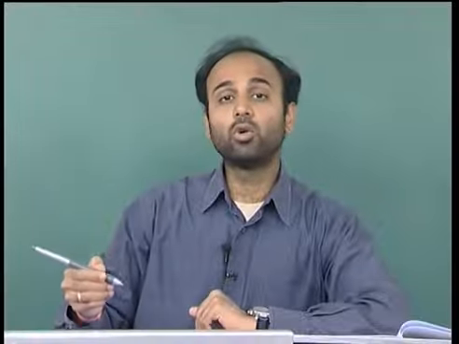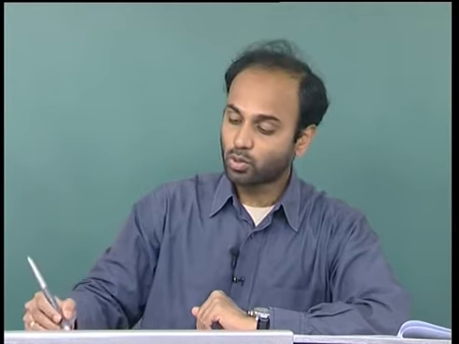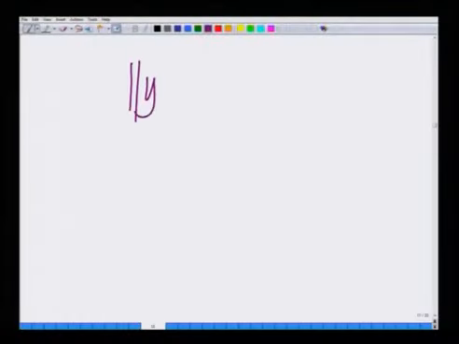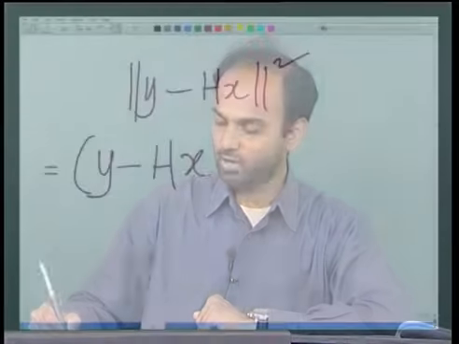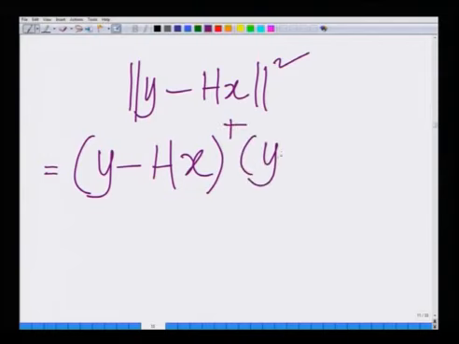Now, let us go back to our original problem of computing the least squares solution. Now, I want to minimize the norm square of y minus h x. This is nothing but, as we have seen many times before, the norm of a vector is the vector transpose times the vector. Although this can be done for complex numbers, let me simply illustrate this for real matrices, because the complex case is slightly more tricky. Let us take it on faith that this is also valid for complex matrices. So, this is y minus h x transpose times y minus h x.